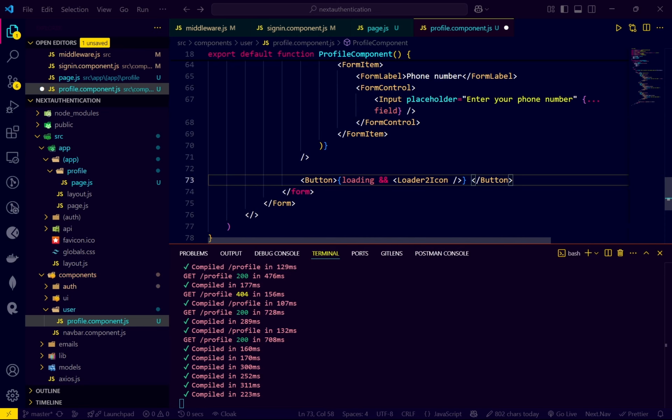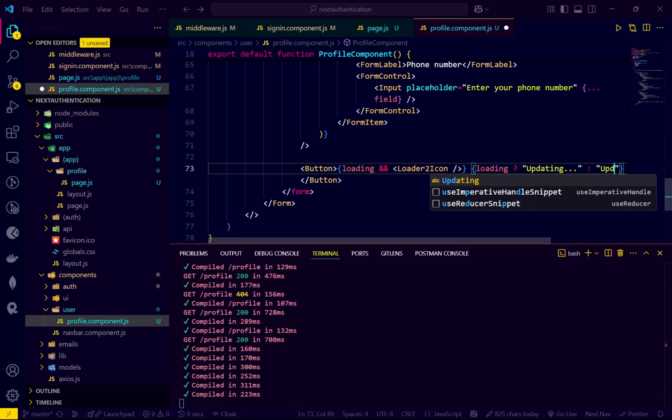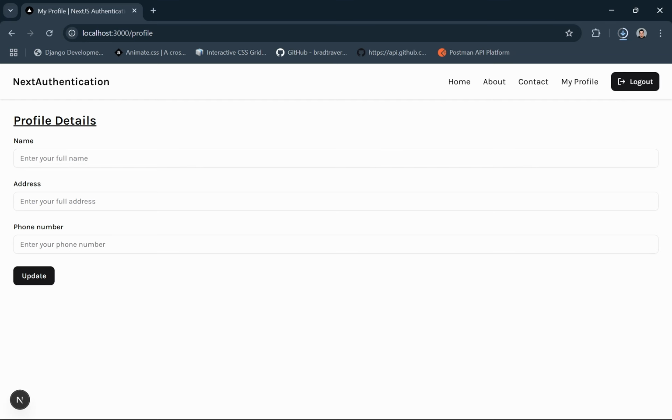Okay, and also what I will do is I'll write here if loading, so display here updating, let us say, update. Now here we will provide a disabled part. Loading. Now you will see that we are getting this update, and if you click on this, it will make